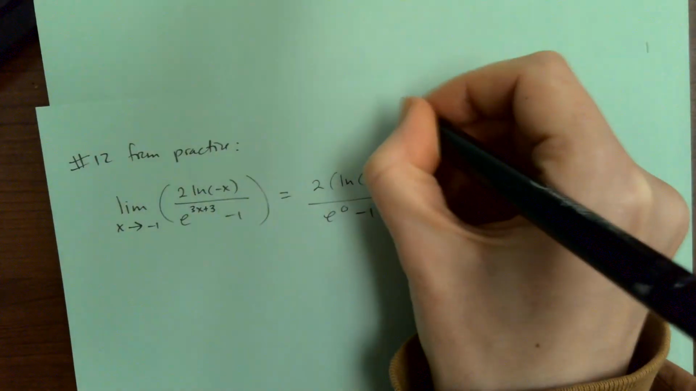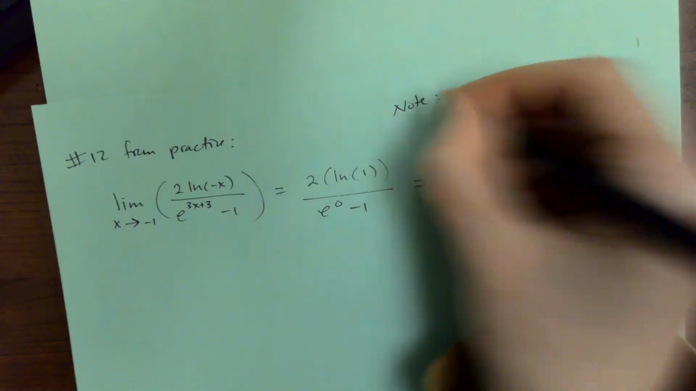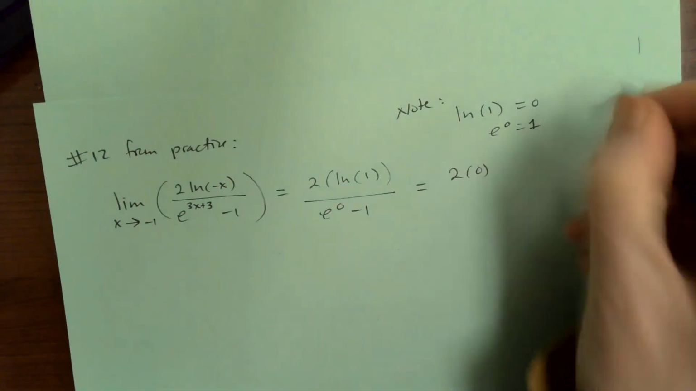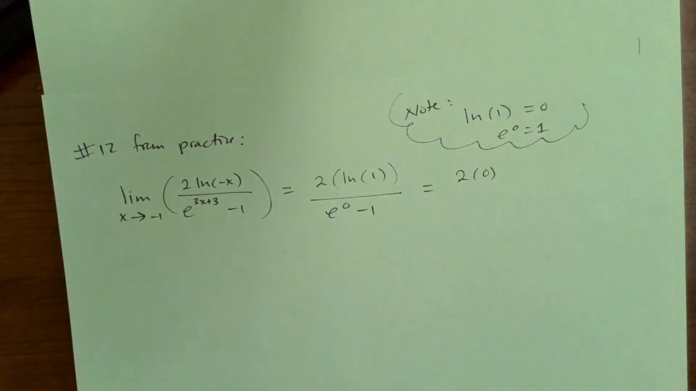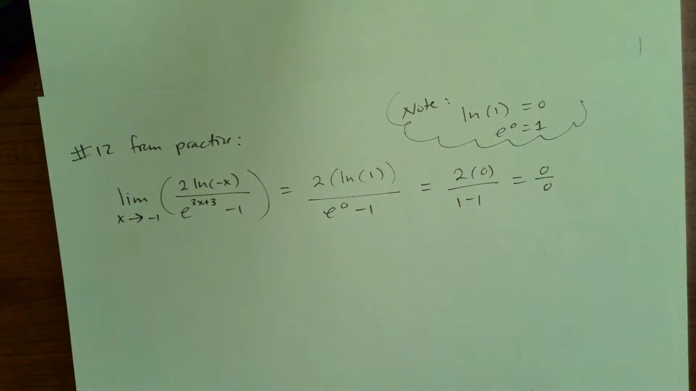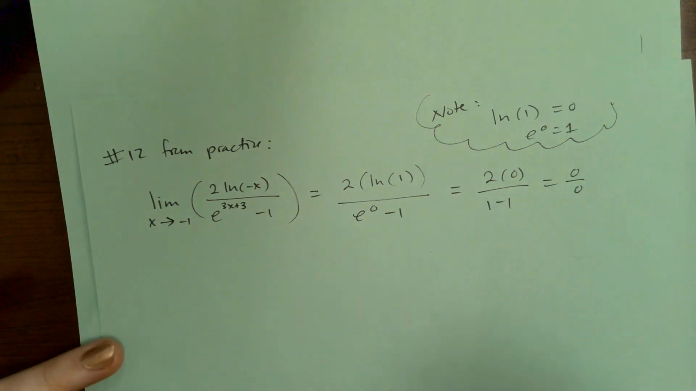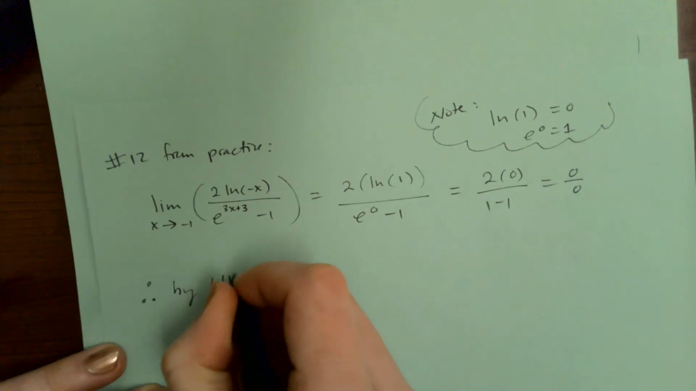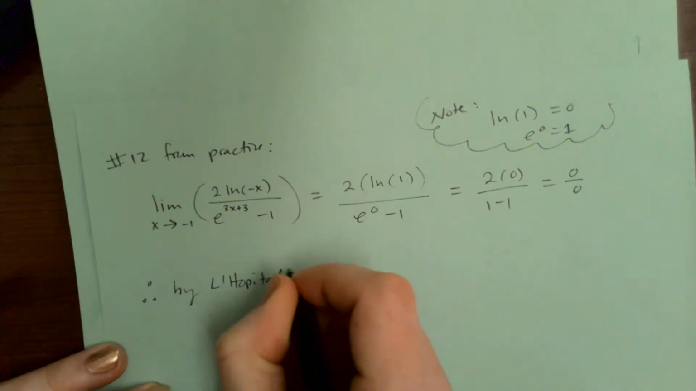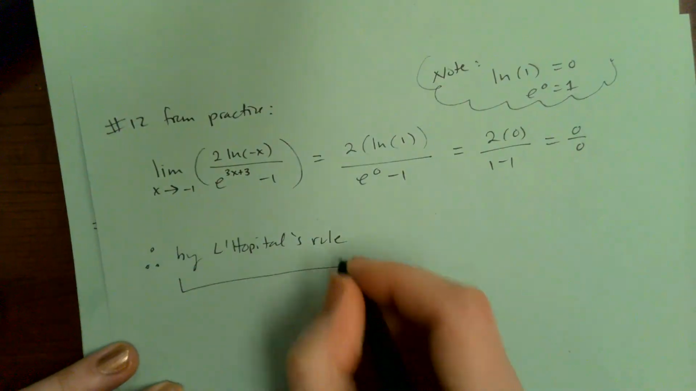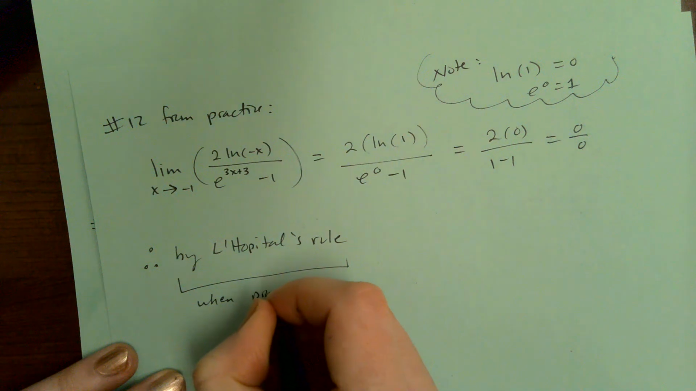All right, so I'll say note. And also, guys, e to the 0 is 1. So we have 2 times 0 over 1 minus 1. This is 0 over 0. Guys, that's an indeterminate form that's going to allow us to use L'Hopital's rule. So I'll say, therefore, by L'Hopital's rule,